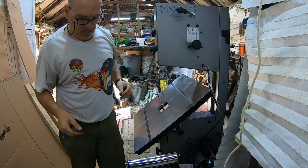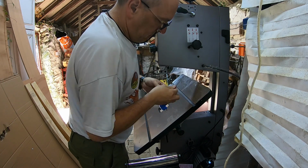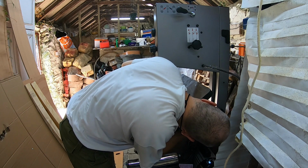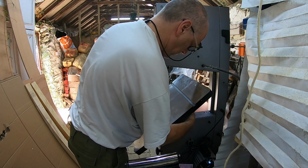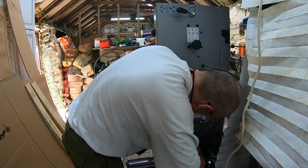Well, fitting the table has turned out to be way more complicated than fitting the legs, which is what I thought would be the awkward bit. I thought fitting the table would be quite straightforward. But